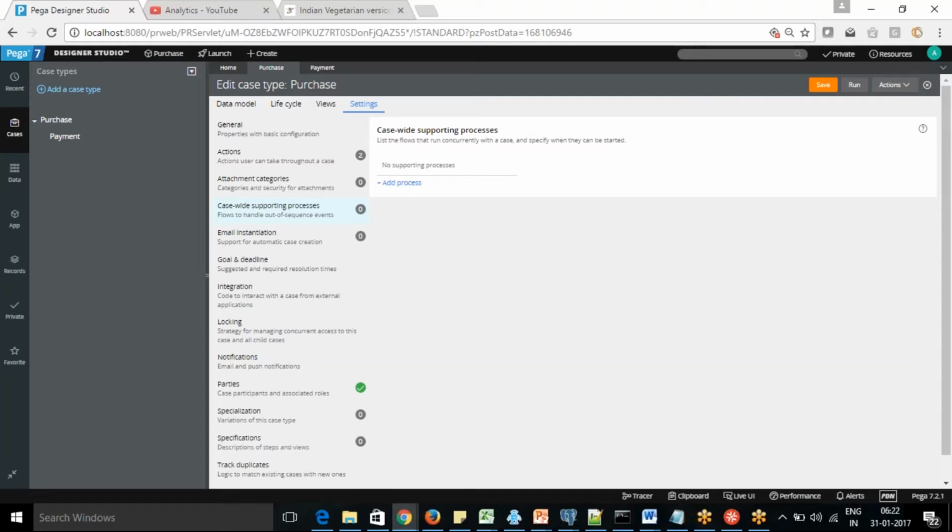There is a difference between action and supporting process. An action will not change the status or anything; it remains in the same place. But with a supporting process, it will change the status, or a completely new process can be started and change the way the case is working. So an action happens in the same place and the same stage, but a process can change things apart from the case itself. That is a completely different thing.